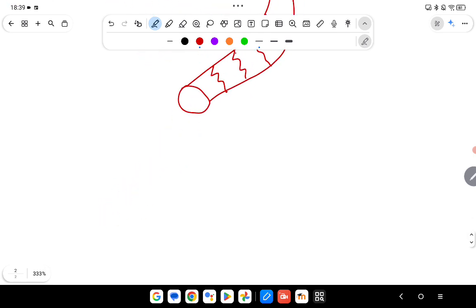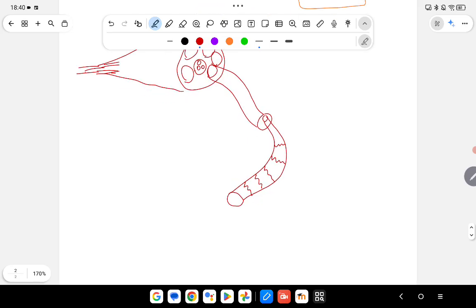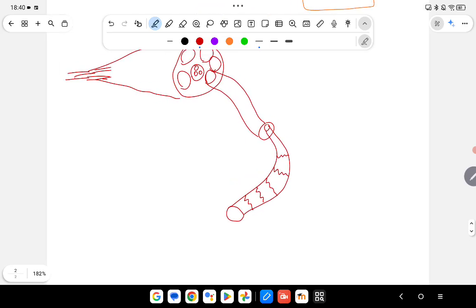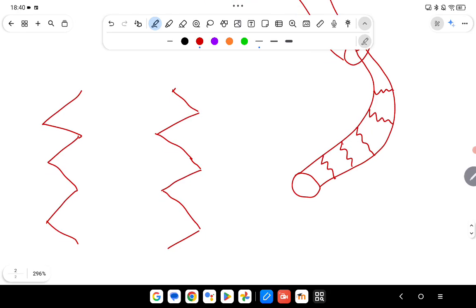So I'm going to zoom in on this sarcomere, right? So the sarcomere looks something like this. Okay? So, within the sarcomere, you have thin filaments, also known as actin, and you have thick filaments, also known